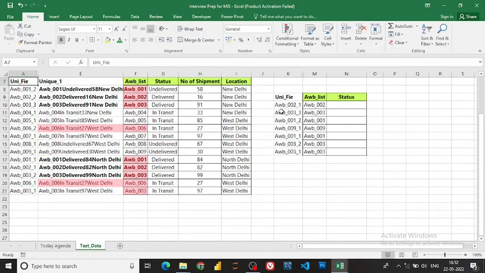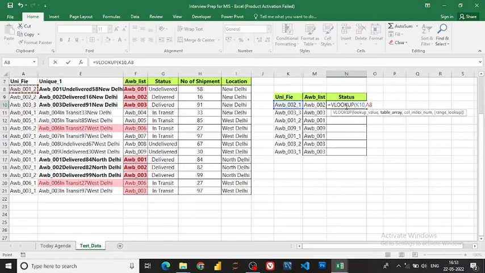I give you this test file to test your skills and to practice those skills. Okay, so let me color this one as well, and let me test. Simply apply the VLOOKUP. Okay, and so 7th row,